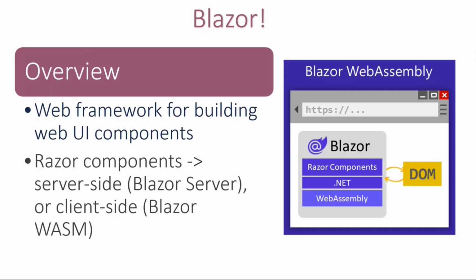So as I stated, Blazor is a web framework. It's for building Razor components. It can be hosted in a bunch of different ways. There are many kinds of Blazor solutions. Well, 3 different kinds of hosting models. The one that we're going to be looking at today is using Blazor WebAssembly, or WASM,